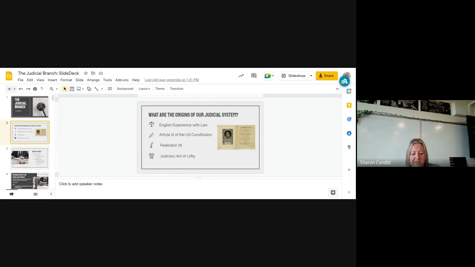I think all in all, as we begin to dig in here on the judicial system, I really just want you to see that these 4 components, English experience with law, Article 3 of the Constitution, Federalist 78, and the Judiciary Act of 1789 are all the foundations for our judicial system. Obviously, our system grows significantly over time and looks a little bit different than it did in 1789. But it's best for us to understand that foundation, because when we wonder about what courts do and what they're allowed to do and what they're not allowed to do, we always come back to what the framers thought about the court system. Is that thinking something that should hold over time, or is it antiquated thinking, meaning old or traditional? And that's something I think we're debating still in American society today.